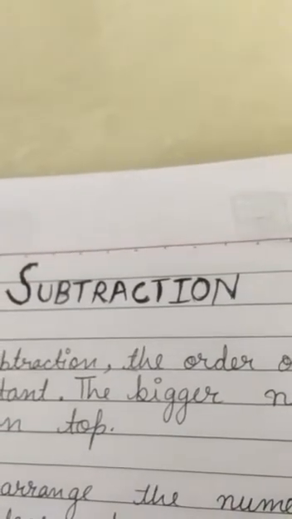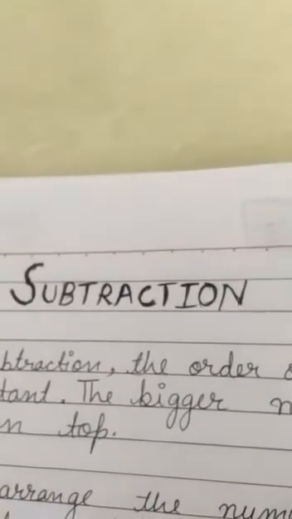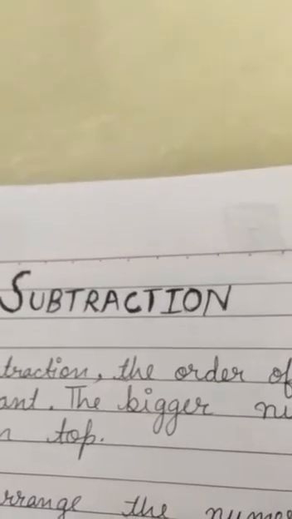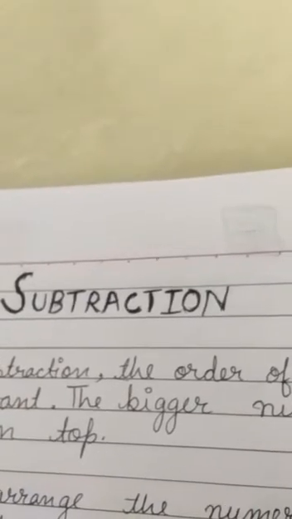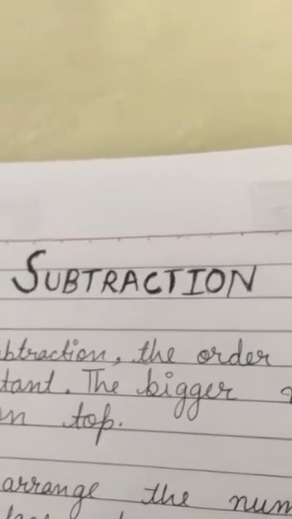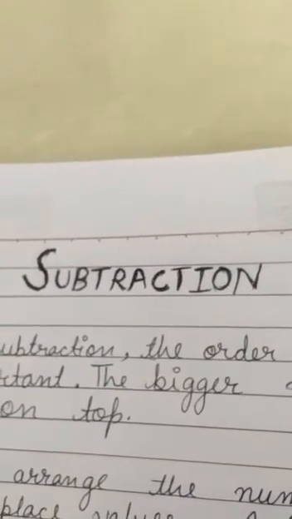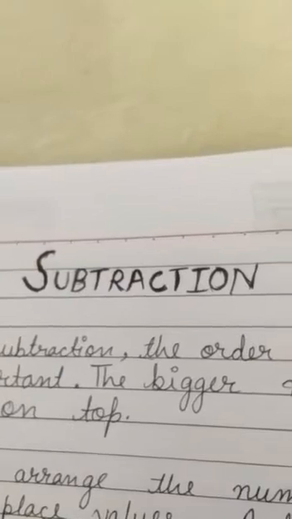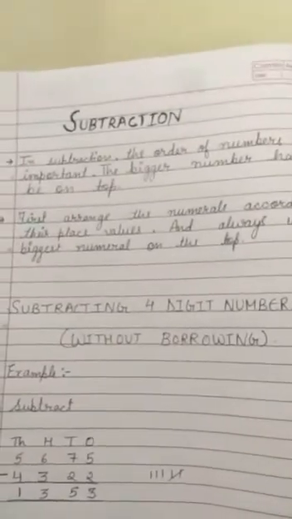So today our third topic that we are starting is subtraction. Let's start subtraction. What are some of the rules that we have to follow in subtraction? Subtraction is the same as you have done in the second class. In second class you must have done up to 3 digits, but in third class we will do 4-digit and 5-digit numbers. So there is no change in subtraction, the only change is that we will focus on 4-digit and 5-digit numbers.